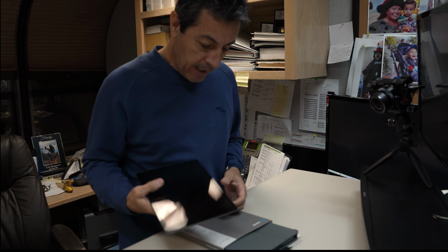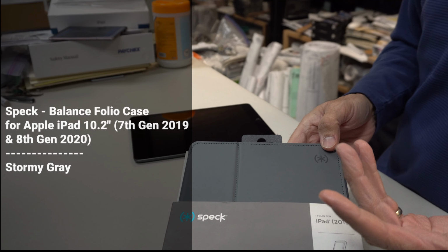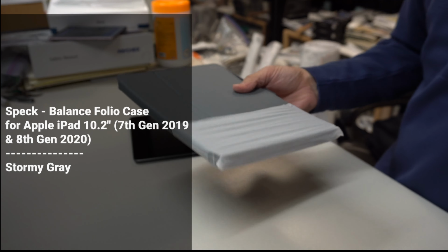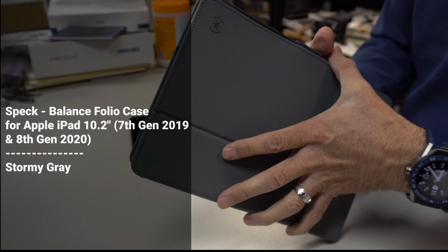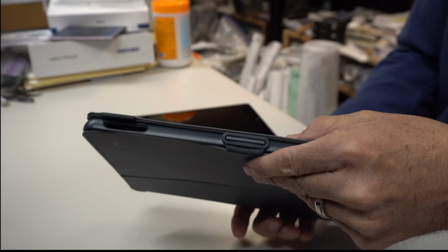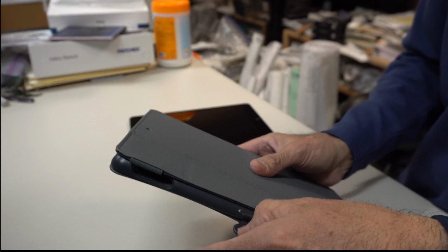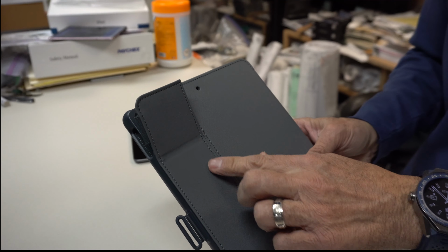If you picked up the iPad 8th generation and you're looking for a good case, Speck makes a nice one. It's a nice basic case that you can pick up, very inexpensive, and it's very well designed if you want to get it for your iPad. As you can see, it's got a little locking tab here, which is nice. And it's got the nice pullover with the magnetic here, and also has a magnet in here,